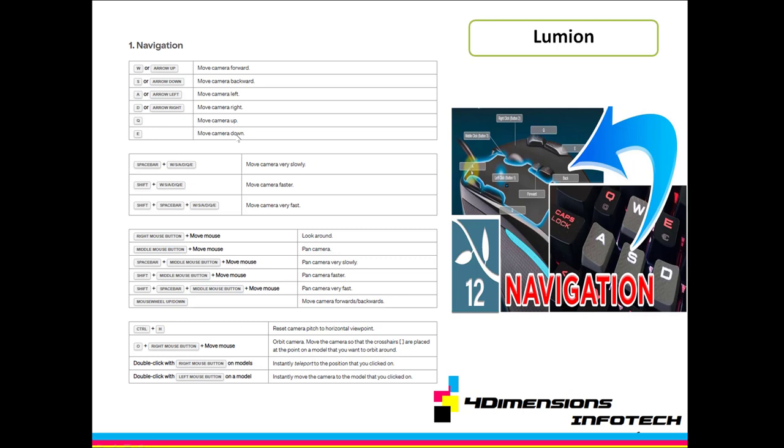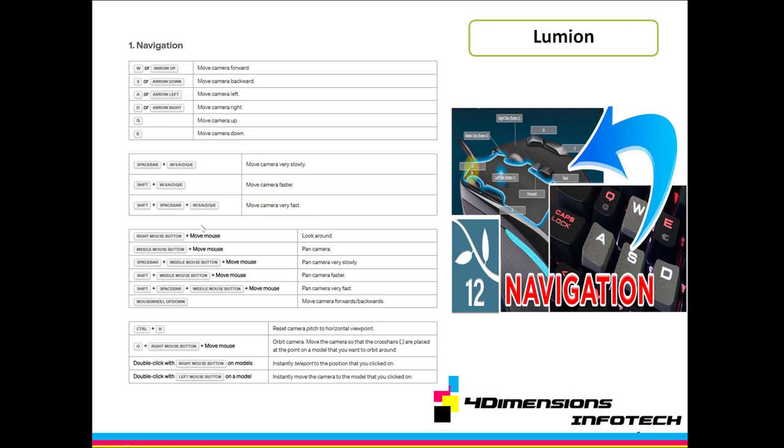Along with these keys, if you want to move the camera slowly, use the space bar, and to move the camera fast, use the shift key. Shift plus space bar plus a particular key moves the camera very fast.